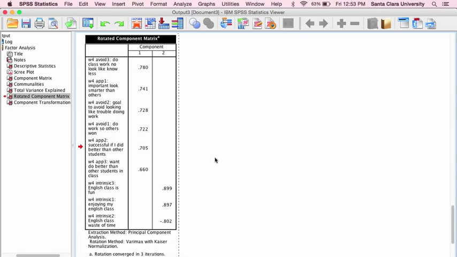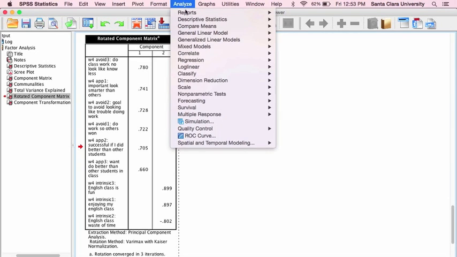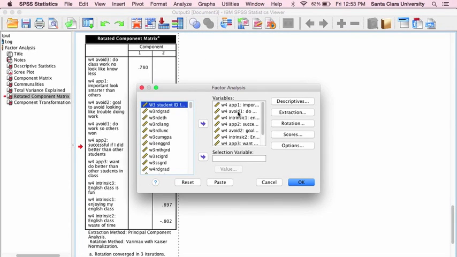Now, theory and prior research says that these 9 items should form 3 factors. So I'm going to see what happens when I force SPSS to create 3 factors. And here's how we do it. We've got the same items, and